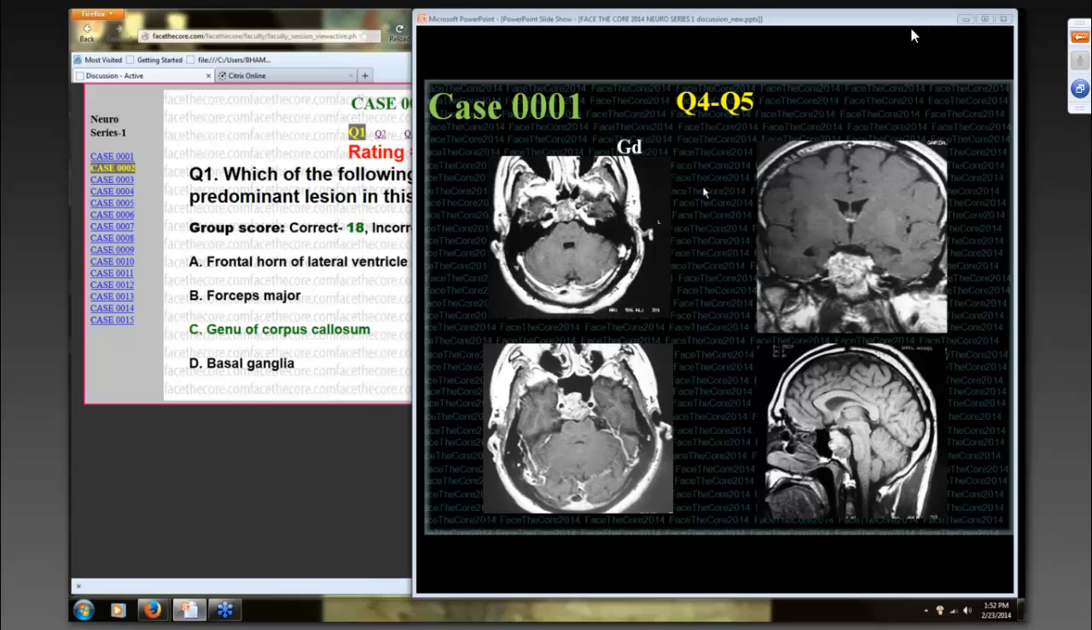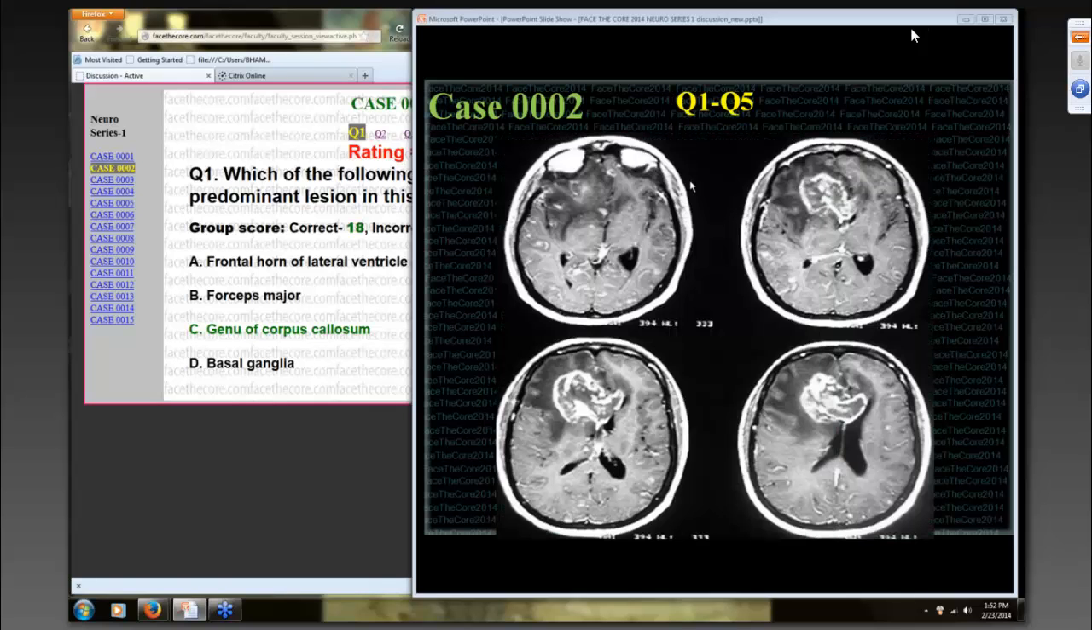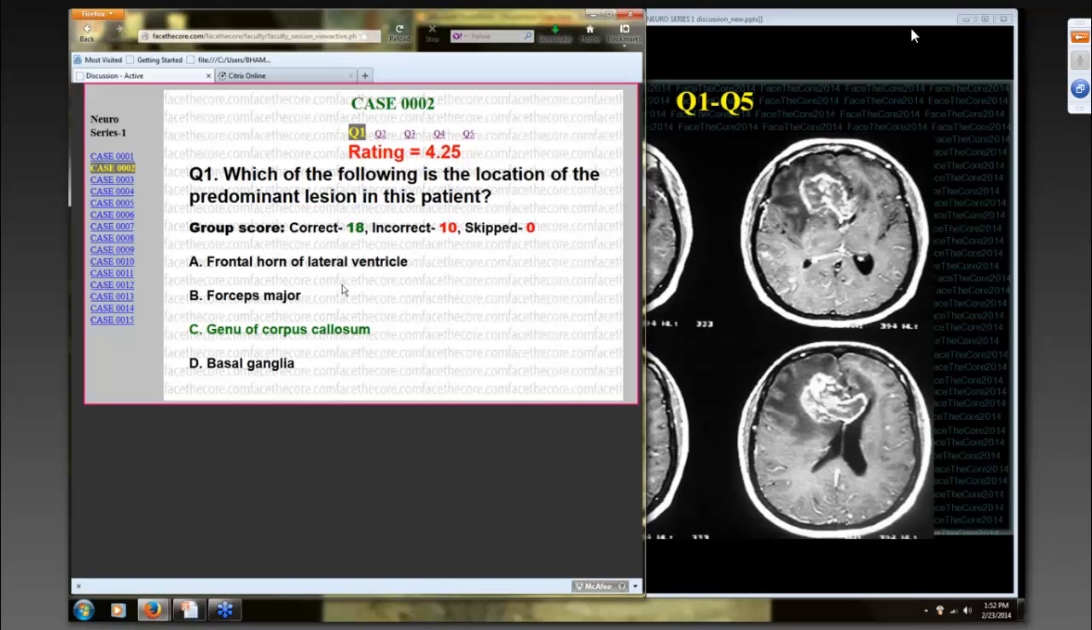Moving on to the second case. The first question is actually as to the location of this